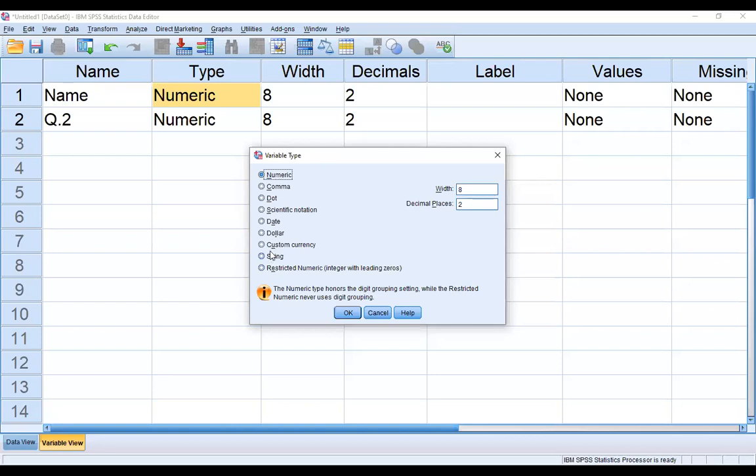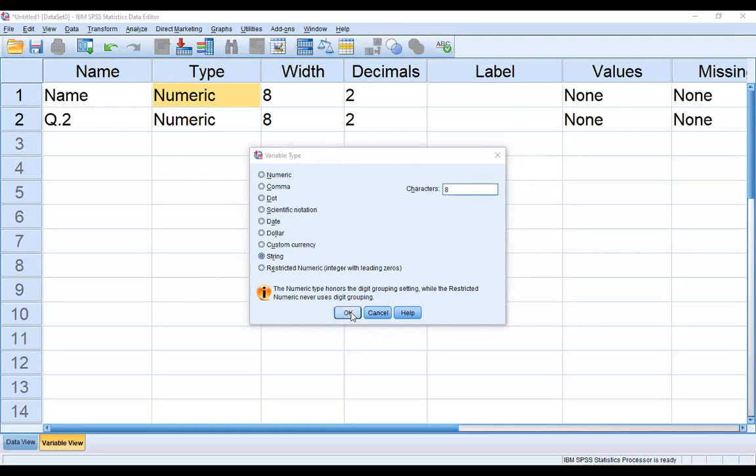Alphabetic means the name is in alphabets, like Amit, Aman. When we write the name, then we tick a string variable. Although 99% of the time we receive data in numeric form, if someone needs the name of the participant, then they should tick the string.